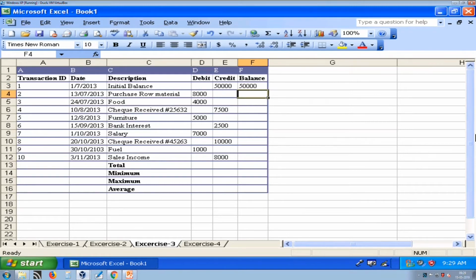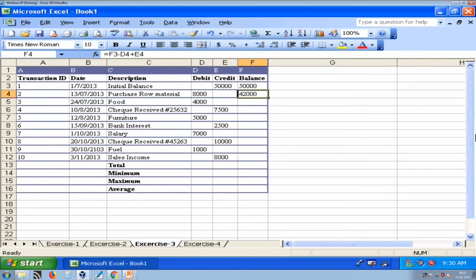So, our formula is like this: previous balance, which is F3, minus any debited amount, which is D2, D4, and plus any credit. Here we do not have any credit, but if it is there we should count that.